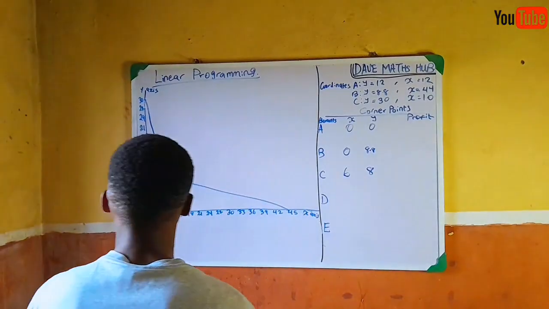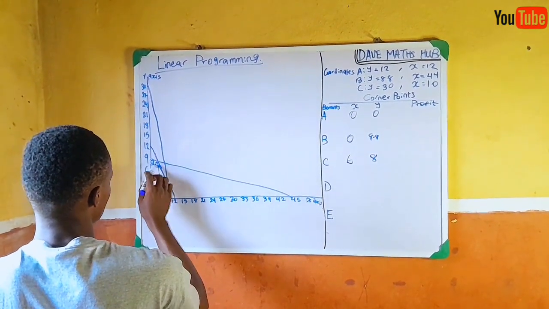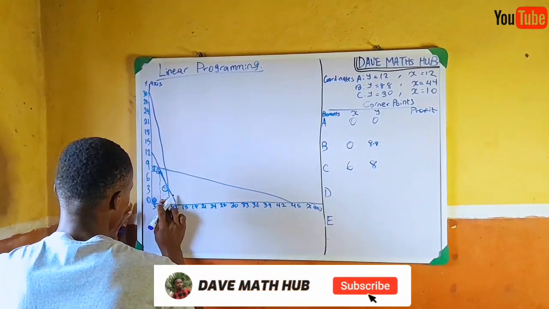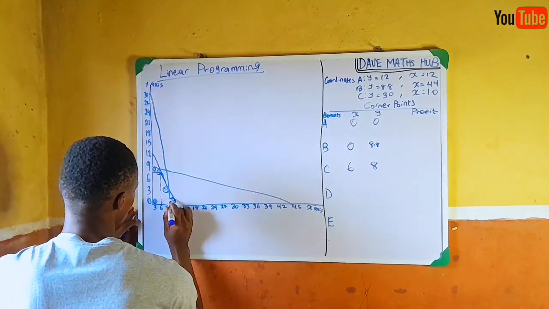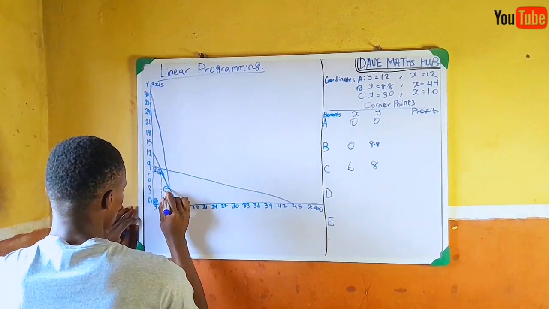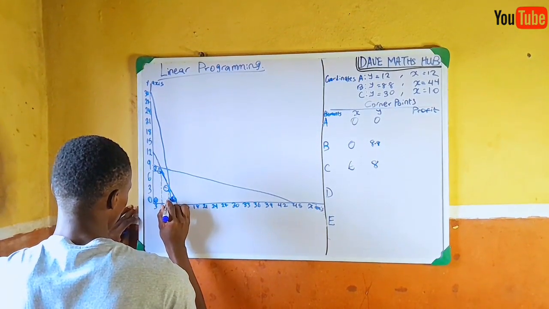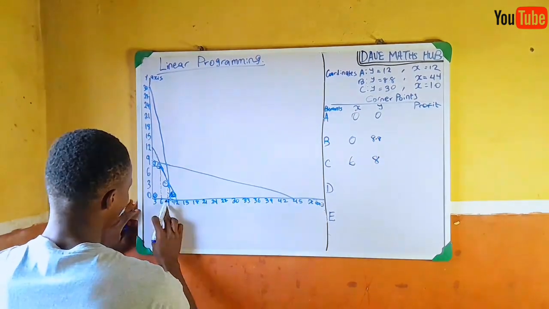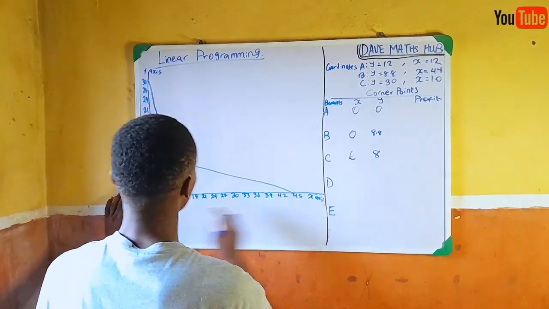For D, this is the meeting point here. So just as we trace C, we also trace D. Now let me clean this E to put it out, so you'll be able to see how we are tracing the D. So D is at this place. It comes down, down, down, down, down. So should we say this is 9? Because this is 10 here. So let's call it 9 for